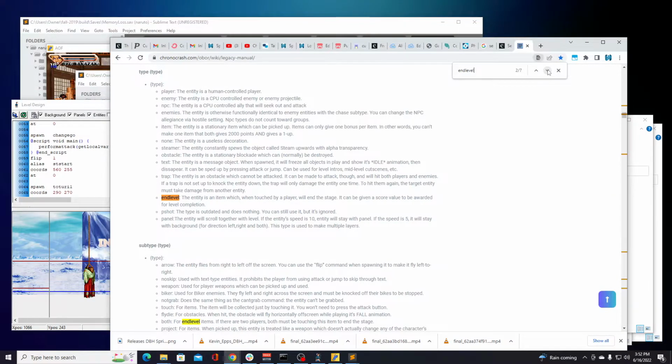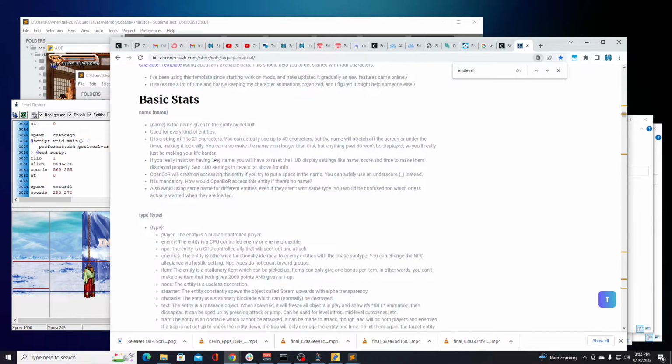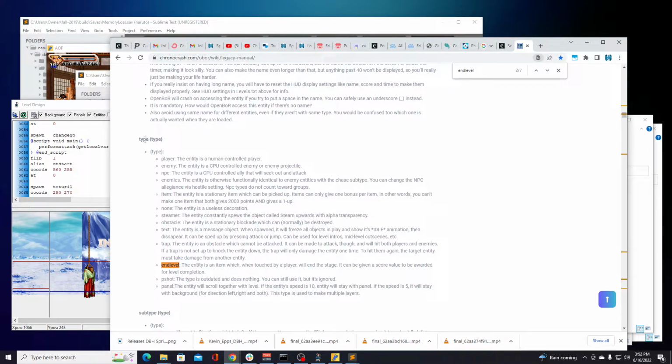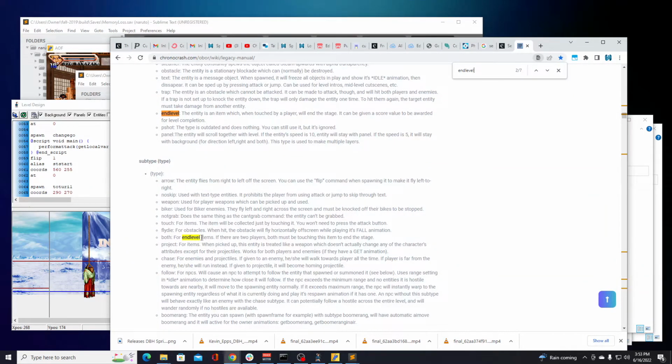Anyway, so we'll keep going. So here is where we start to look at the templates. So the different models, you can also have an end level type. The end level is the entity is an item which when touched by the player, it'll end the stage and it'll be given a score value to be awarded for level completion. So there's an end level item that could be applied,